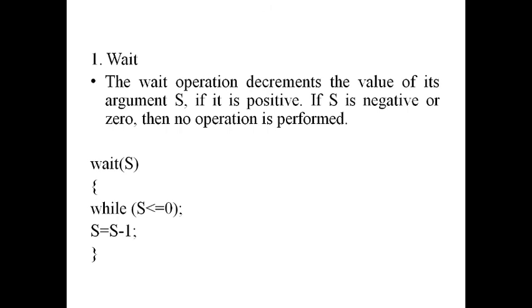So here if you take value 1, then 1 less than or equal to 0 is false, so it will jump to the next statement. Then 1 minus 1 is 0. So in the wait section it performed the wait atomic operation, it satisfied the code, now 0 is there, so the process can jump into the critical section and access the shared variable. After using it, it has to come out of the critical section, giving a chance to another process to enter.